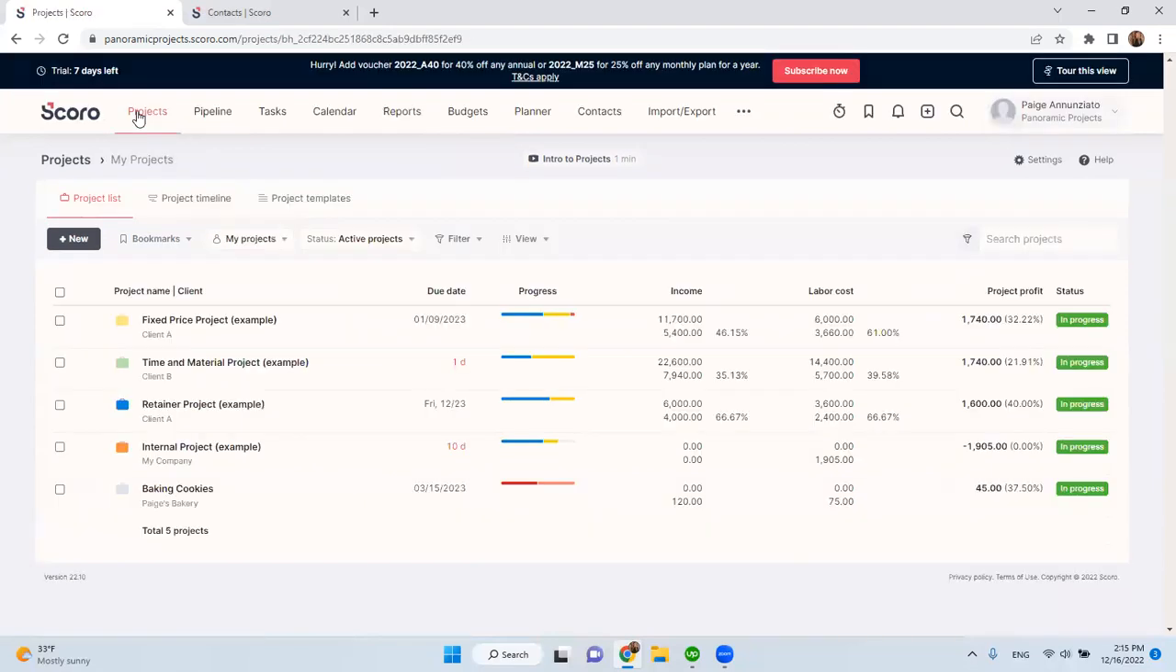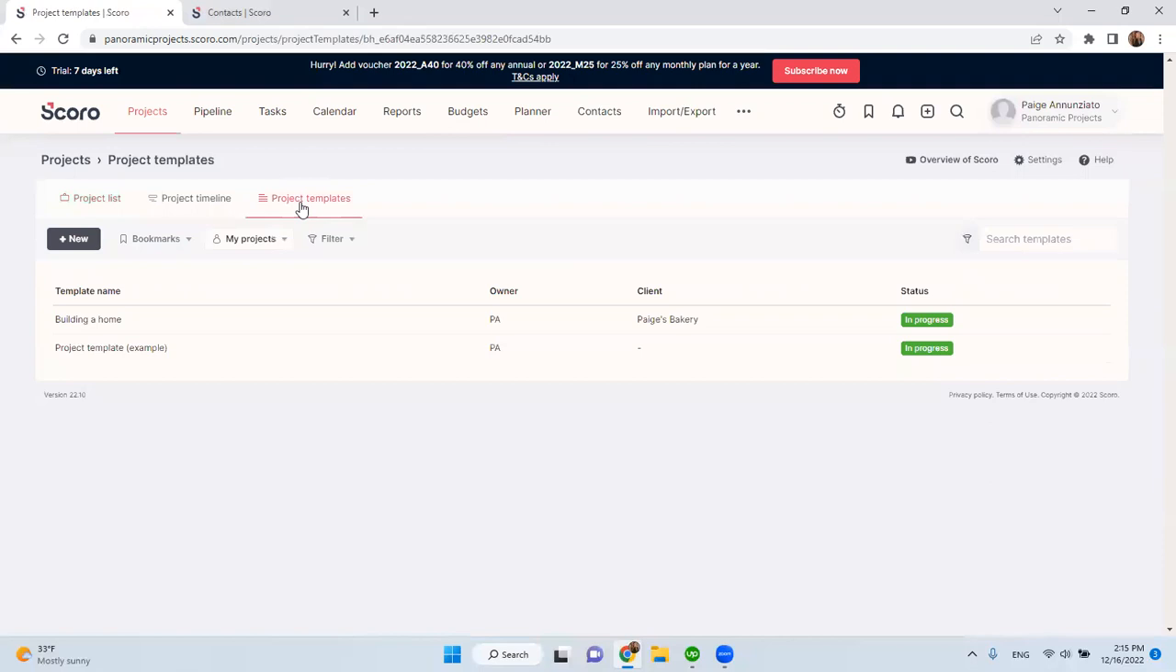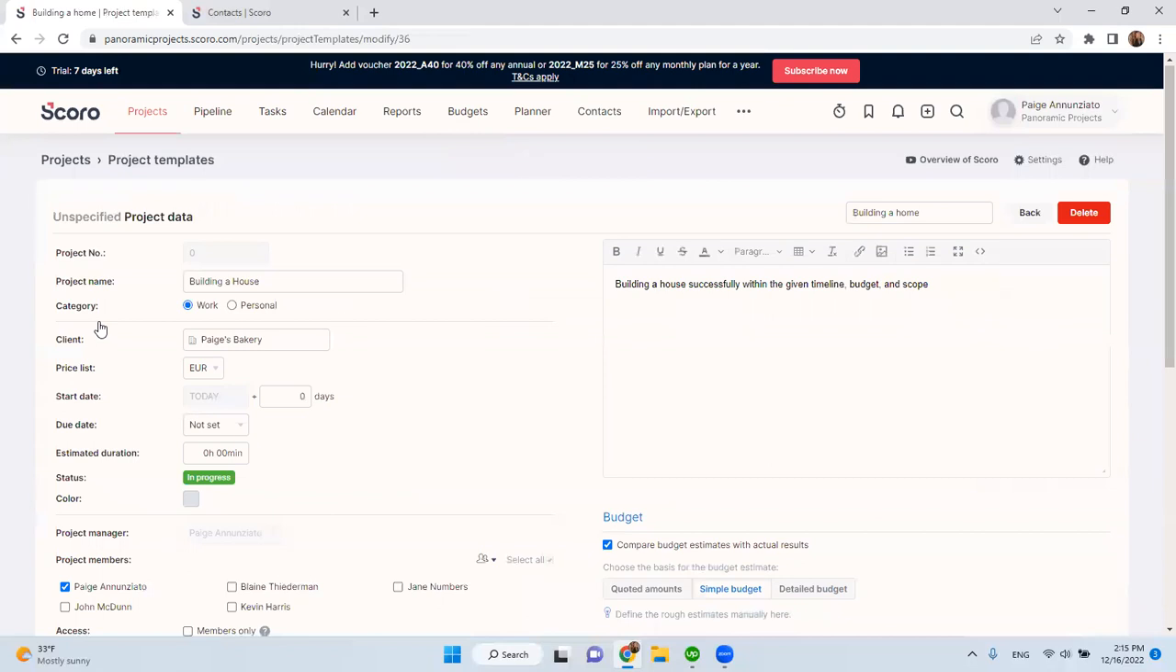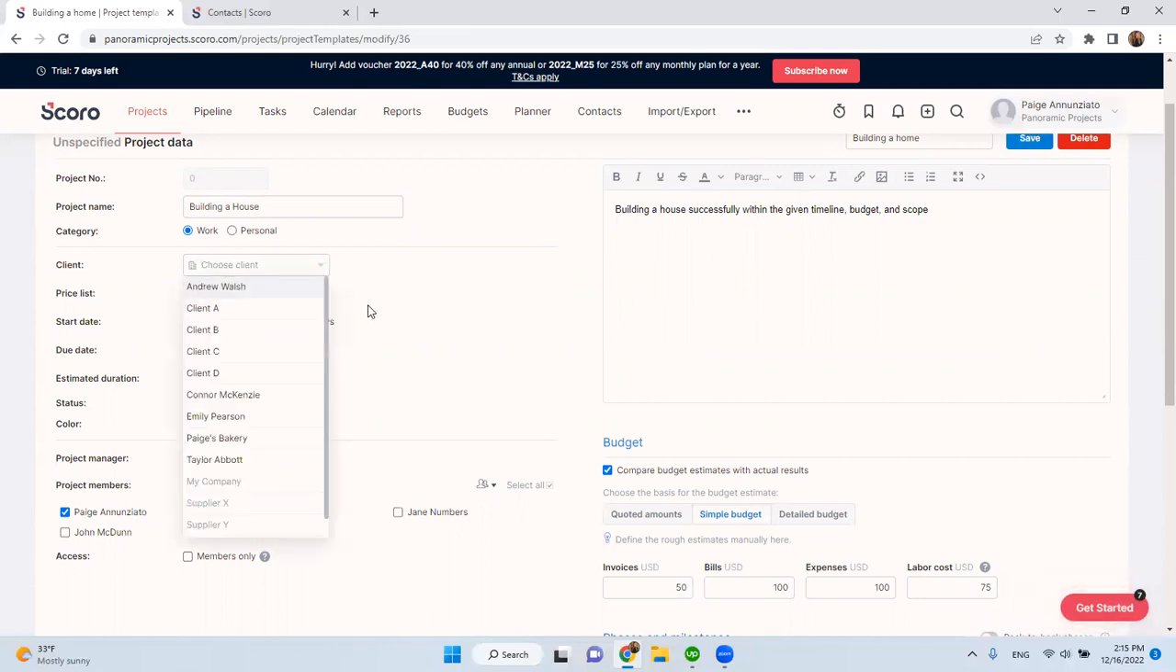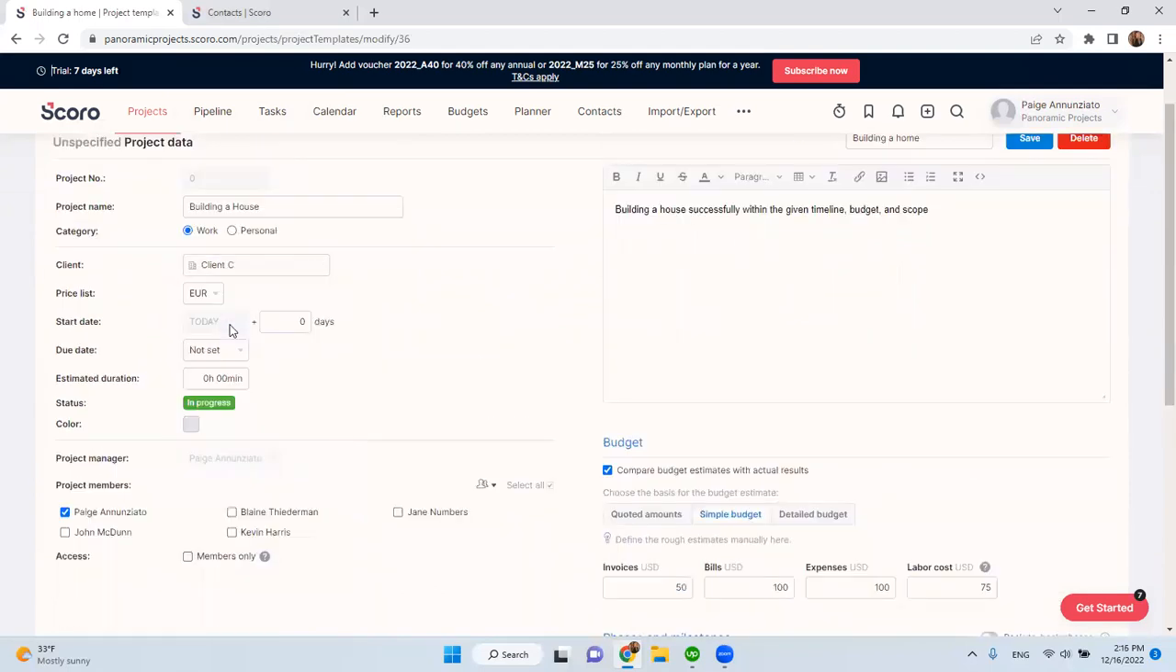So at a very high level, those would be the first couple steps to create a project. To find our project template, we would go over here, we'll click on building a house. Let's say that our client changes and I want to actually use a new client. So I can either click a client from here, but let's say I can't find the client that I'm looking for. So instead,